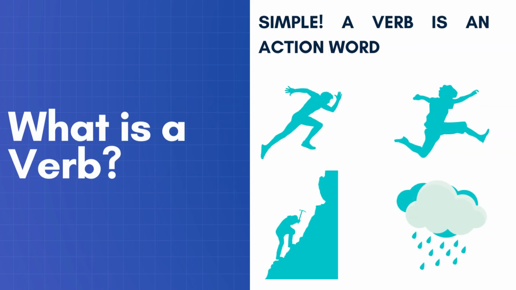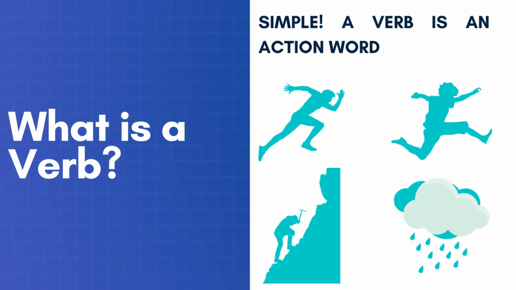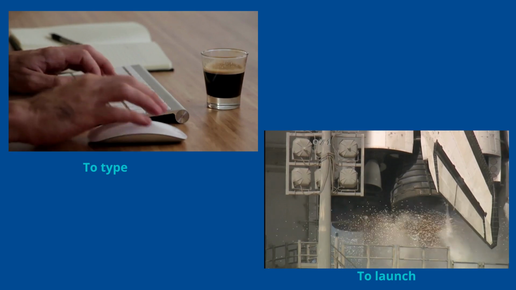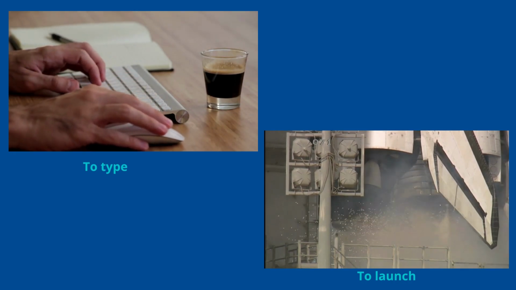So to start, though, we want to think of a question that I've asked a bunch of times in these videos. What is a verb, right? You need to make sure you've got that under control. And again, a verb is just an action word, right? It's very simple. Words like to type, to launch, to run, skip, jump, anything involving an action is a verb,